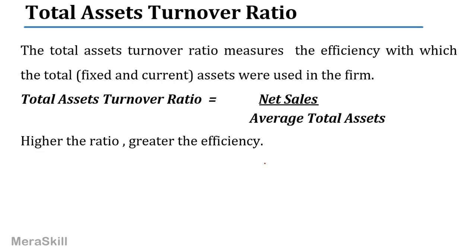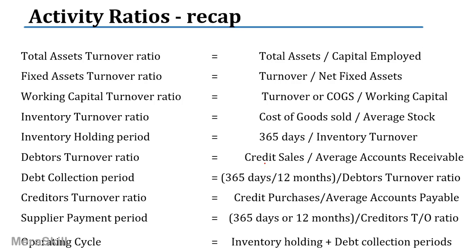Similarly, we could have a total assets turnover ratio, which measures the efficiency with which total fixed and current assets were used in the firm. Total assets turnover ratio is net sales divided by the average total assets, and higher the ratio, greater the efficiency. A quick recap, students. I've not covered it this time. I hope you are able to compute without looking at the right side. The total assets turnover ratio, logically total